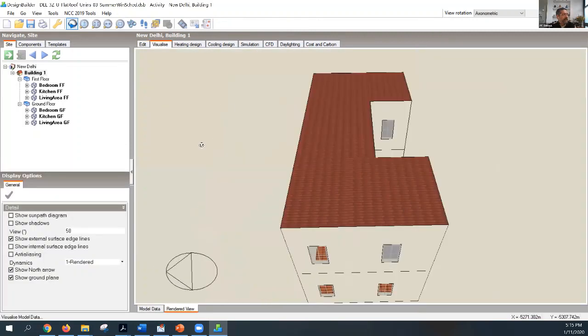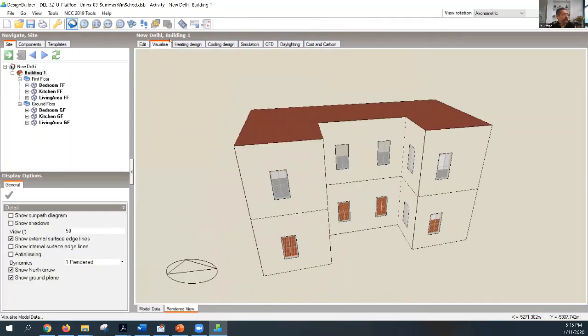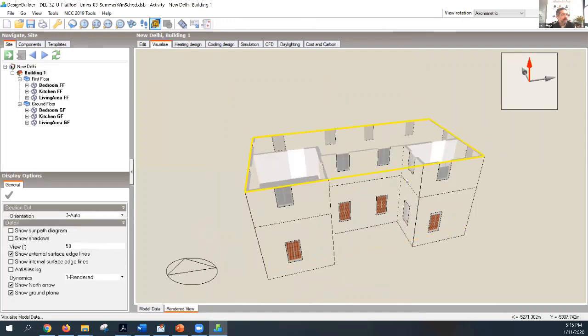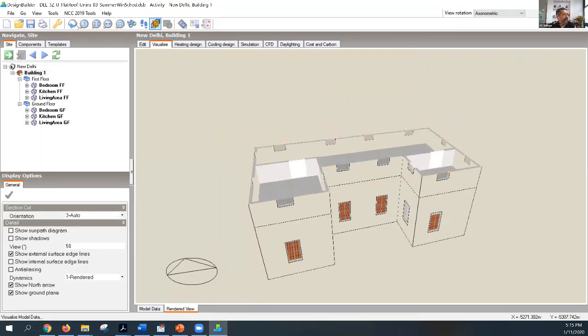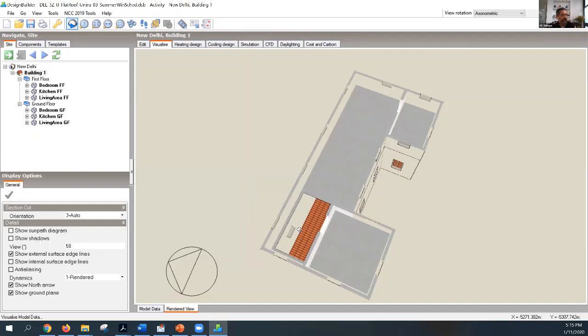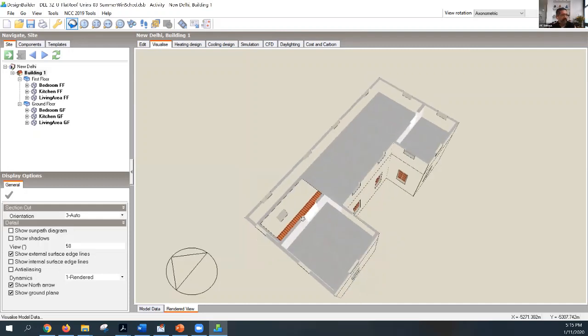Yeah, okay. So if I then do the same thing and just cut the top off and look down, it'll show you that I can see the floor, which I've made with, I think, terracotta tiles or something to give it that orange color, but you can see how that works. Now, when I run a natural ventilation model, it gives me outputs that make sense. It gives me outputs like the ground floor areas are cooler than the first floor areas. It gives me outputs where I can visualize